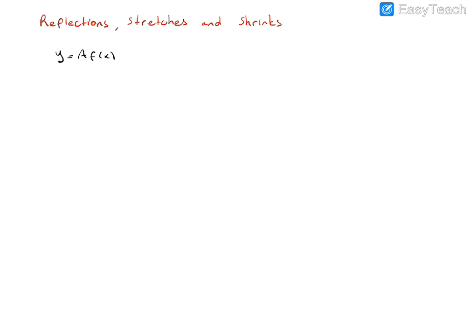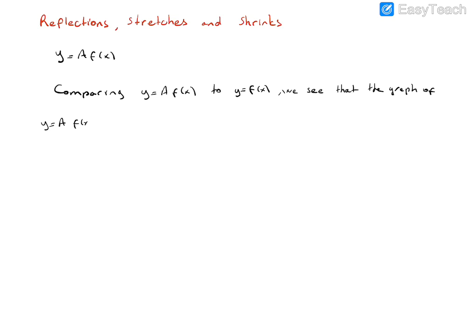So comparing y equals a times f of x to y equals f of x, we see that the graph of y equals a times f of x can be obtained